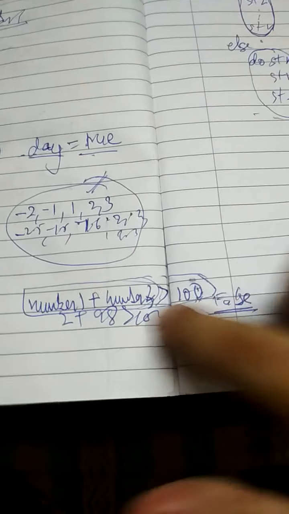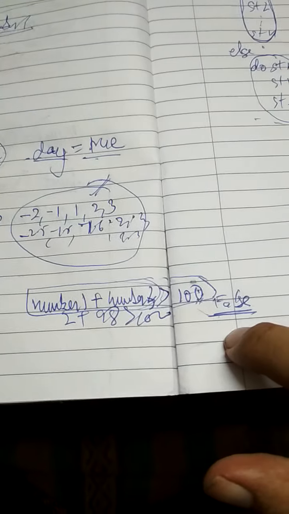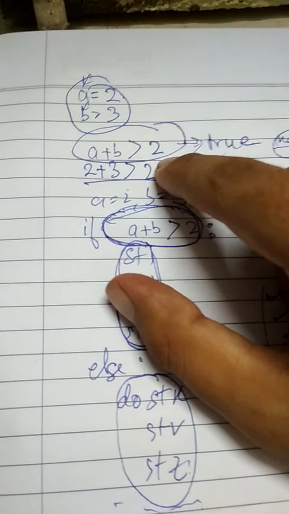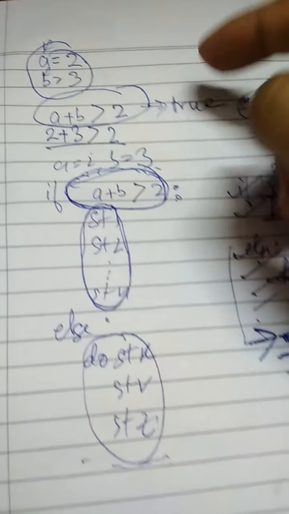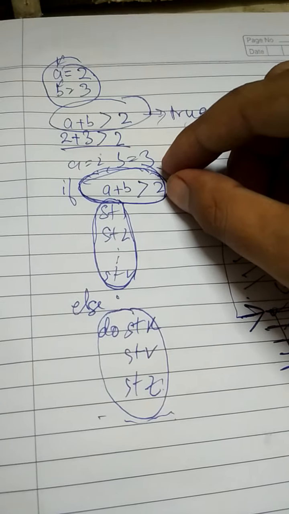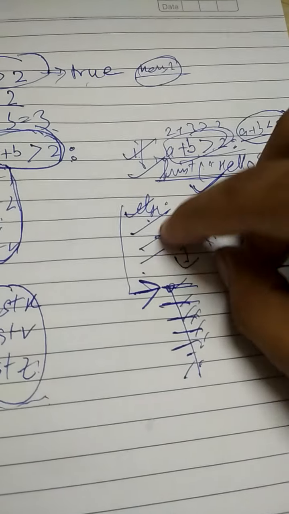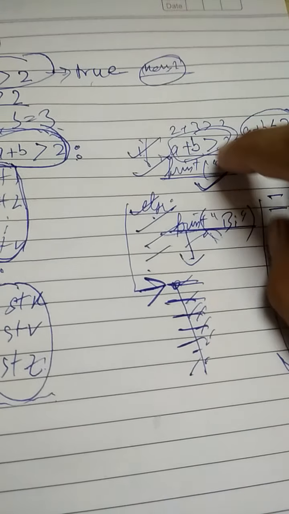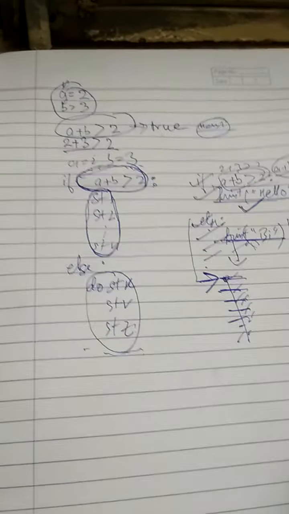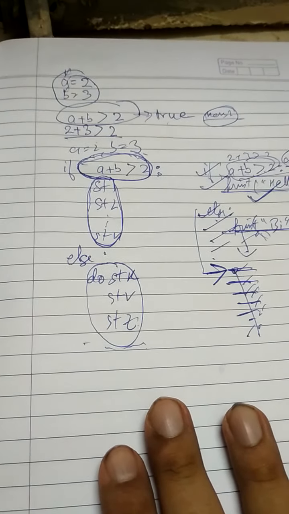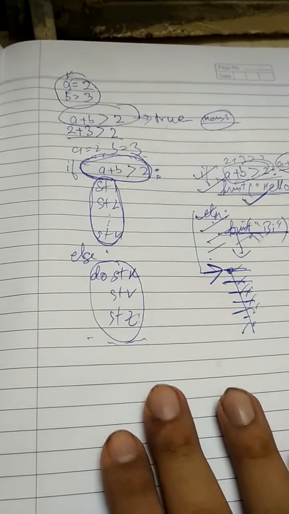Then we had two numbers. We checked whether this statement is true or false. It turned out to be false. Then we had this example. We checked a plus b is greater than 2. It turned out to be true. Then we used this true and false statement inside if and else. If something was true, then we executed this statement. If this was false, then we executed this statement inside else and we did not execute this. So this is what we mean by if and else statement. Type these in the code editor in WFC schools and see what happens.